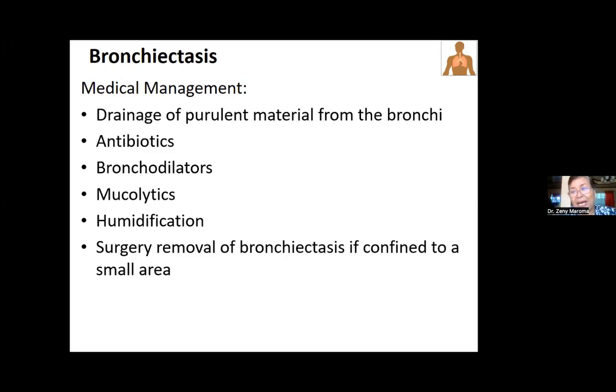Positioning after. Halimbawa, ang operasyon niya ay right side. So, the goal of the positioning is to promote lung expansion of the affected lung. So therefore, the patient can be on his back, semi-fowlers, no? And can be turned to side. When turning to side, affected lung or unaffected lung? Last question. Affected lung or unaffected lung? Anong goal of positioning? To promote lung expansion of the affected lung. So therefore, ang position natin,